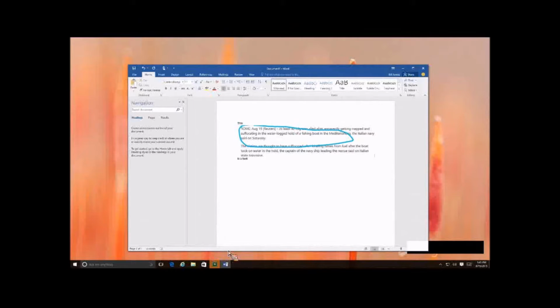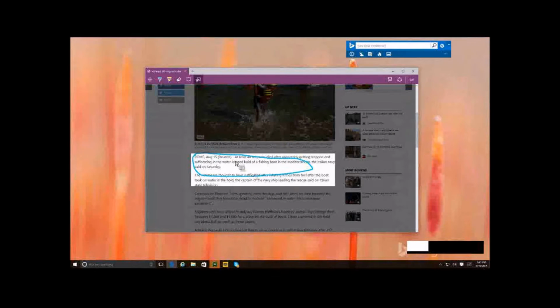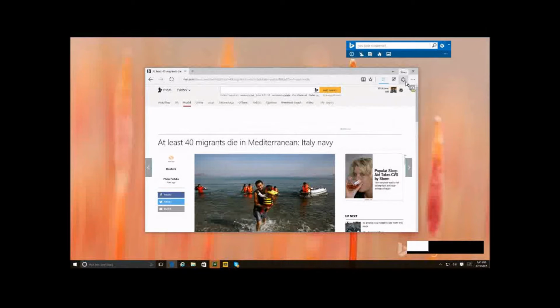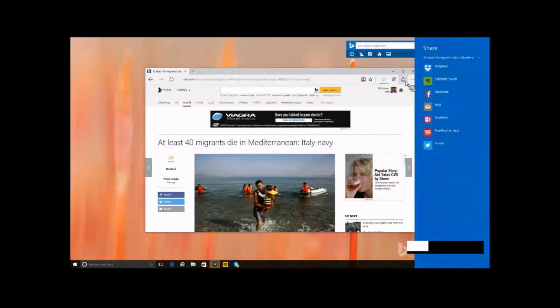I'm sure you could find any number of uses. That also would be the same. You could do the same thing in an email if you liked. So that is something that's very new and interesting with Edge. To get out of that, you just click on the exit. It also has an abundance of sharing features where you can go and share that particular page with